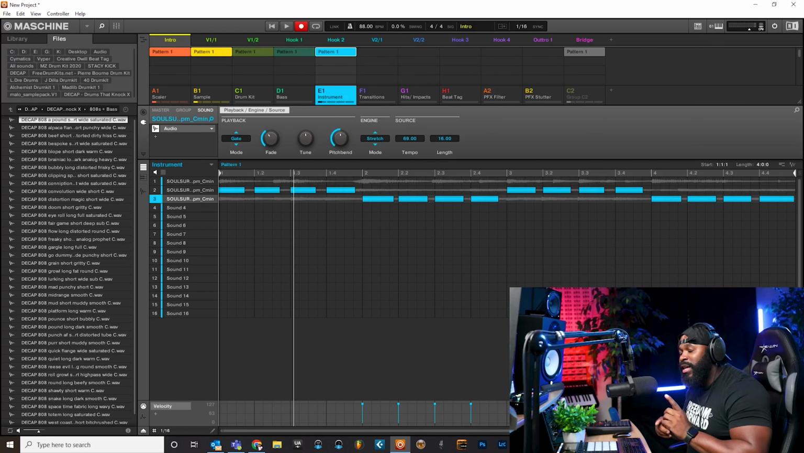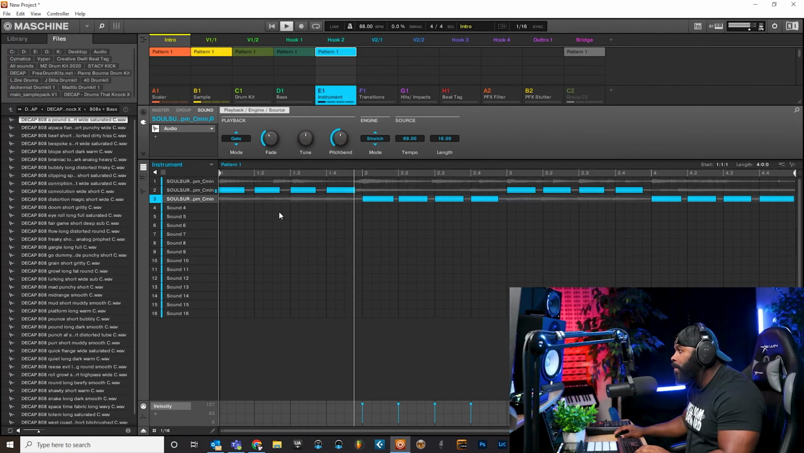And the key to this is I gotta make sure I have these in the same key. As you can see over here, these are in C minor, right? So no matter what I play on here, it's gonna sound good because it's in the same key. So I would suggest that if you're gonna utilize this method, make sure you utilize samples that are in the same key. So if I play this back here,